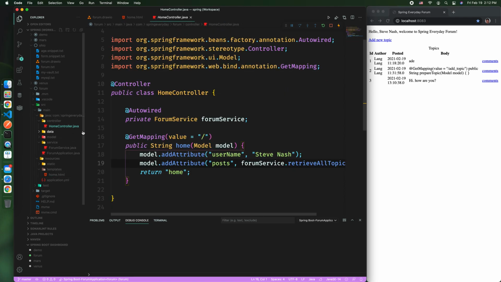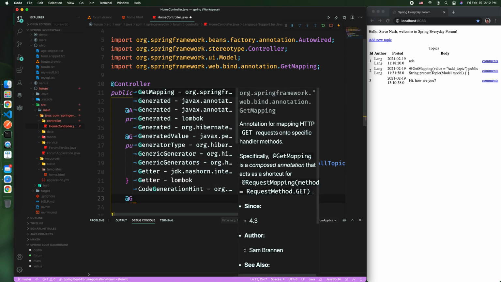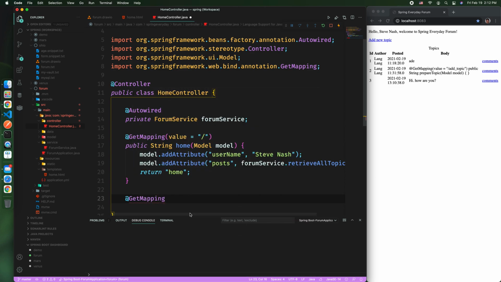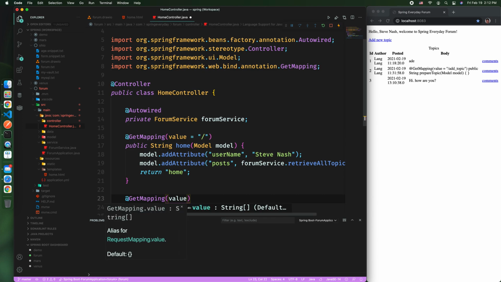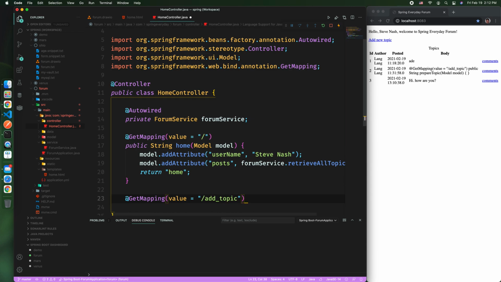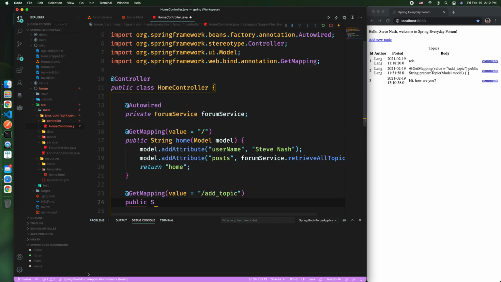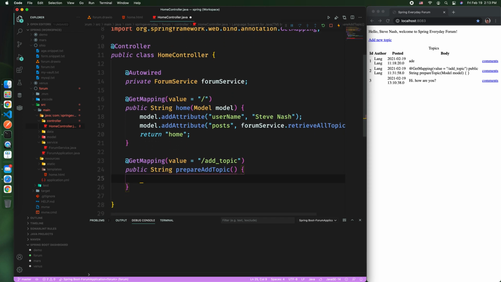So first we come to the home controller and we create a GetMapping, and we want to call it value equal to what we just placed in the page, add topic. And this GetMapping is a method, and we want to call it prepare add topic. And in this one, we actually don't need to get anything. We just need to,